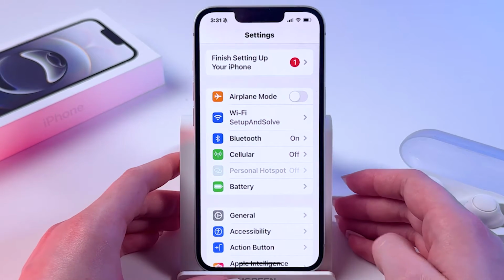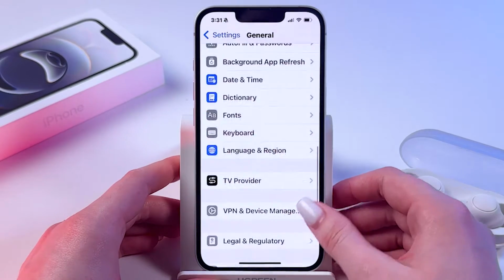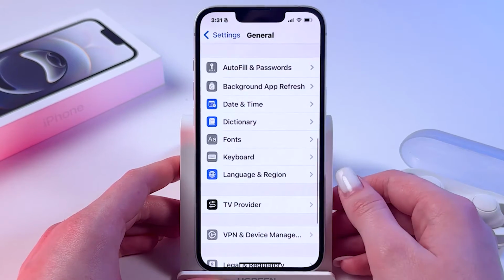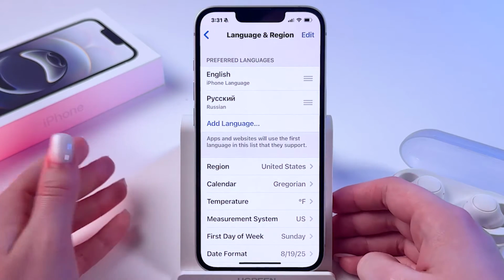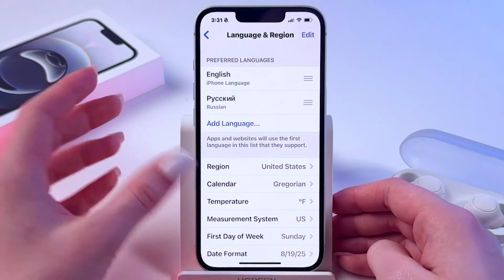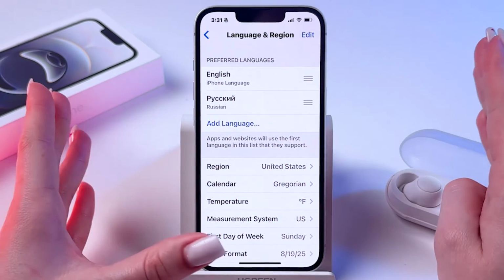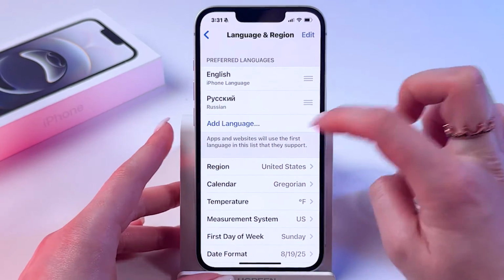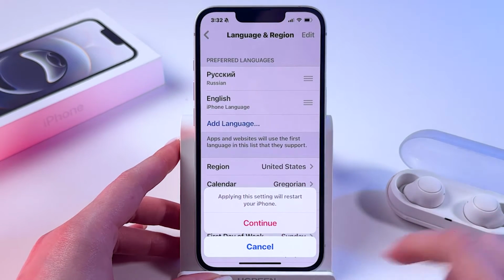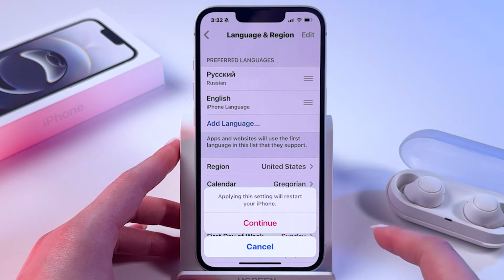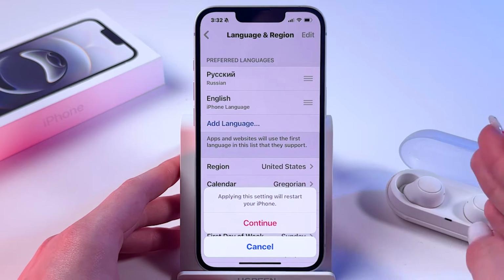Now in Settings, click this General section, and then go all the way down to find the option Language and Region. If you have more than one language, then you can set your phone's interface to this language if you just hold the lines and move it up like that. Here you'll see an option saying that you're applying the setting and it will restart your phone and everything will be